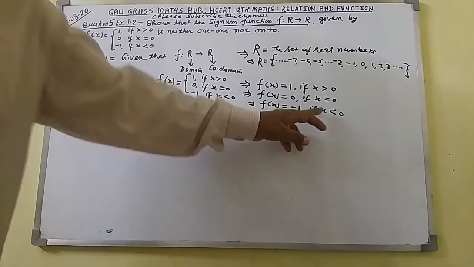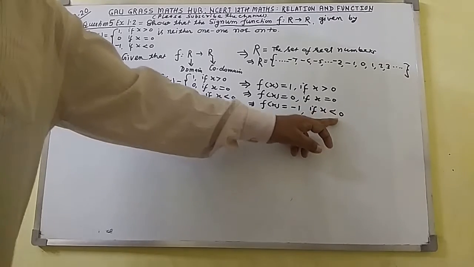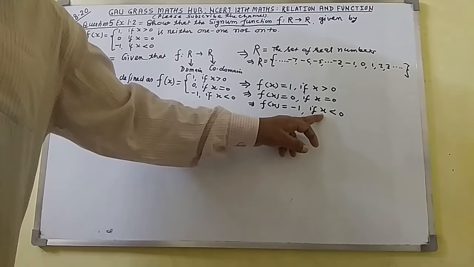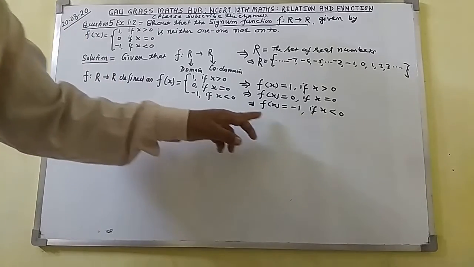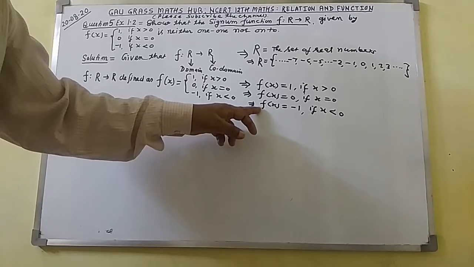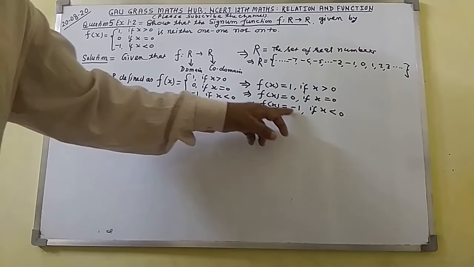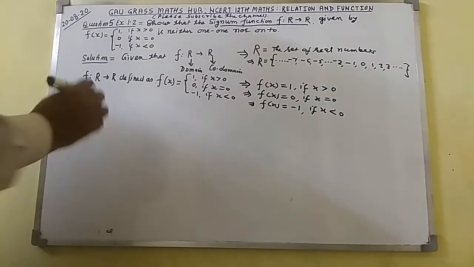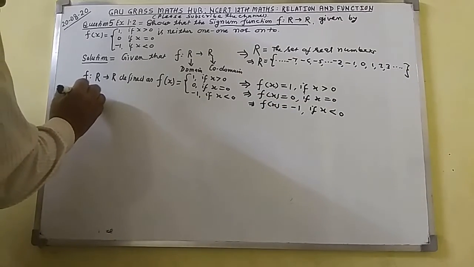Here you can see x is less than 0. If you put x equal to -1, -2, -3, -4, in all cases the output will be -1. So here you can write, hence